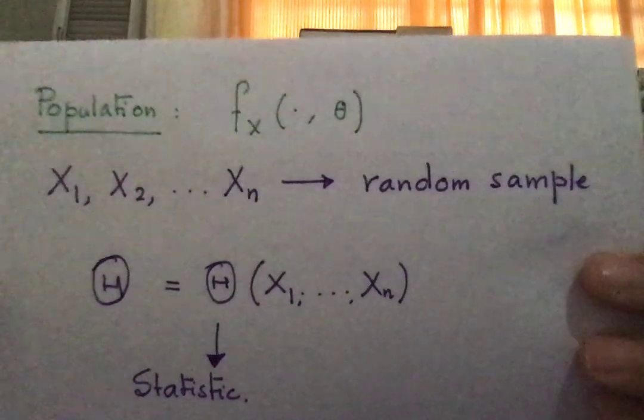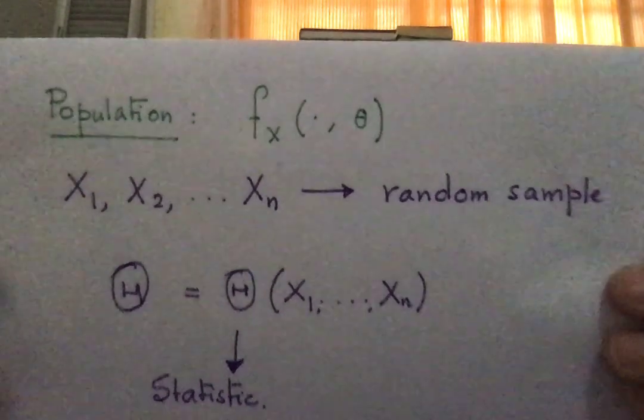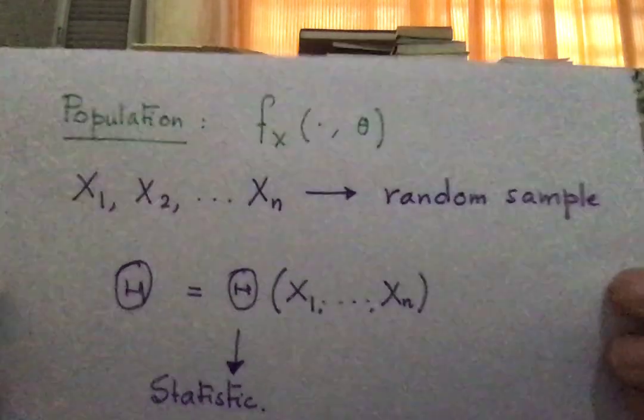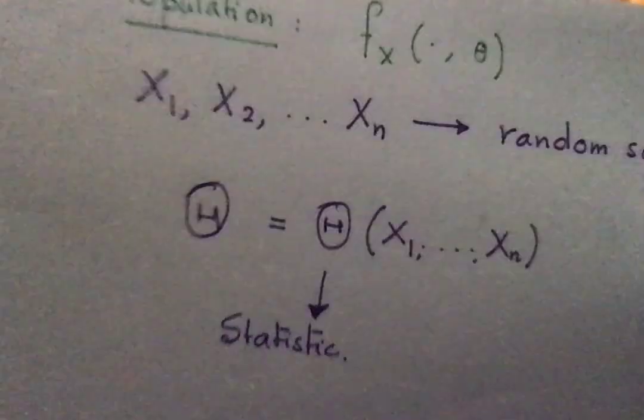All of these X1, X2, Xn are naturally IID random variables, and we develop a combination or function of those random variables, the random sample, and this function of the random sample observations is called the statistic, which you all know, and we will work in this framework only. Once that is done, one has to realize that we have been talking about estimating parameters: unbiased estimation, maximum likelihood estimation, method of moments. We want to give a numerical value to the parameter.